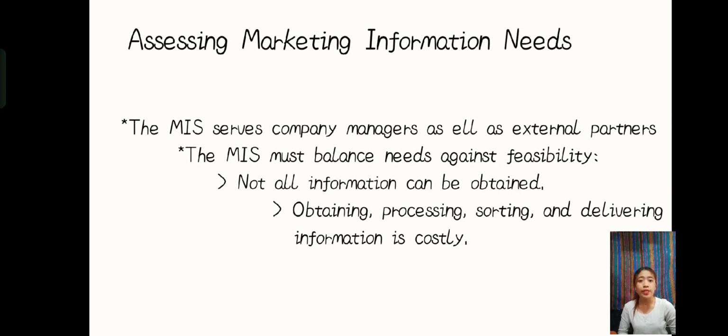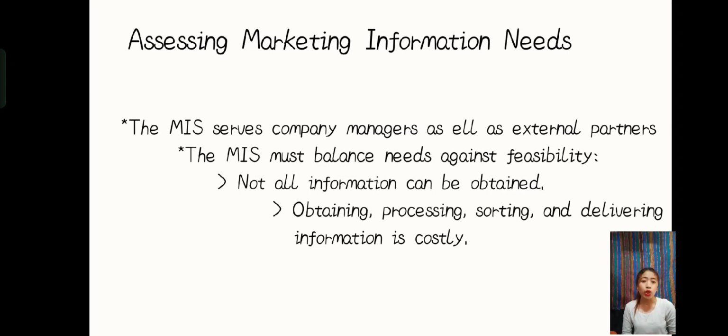Ikaapat, assess the feasibility. After prioritizing the information needs, the feasibility of obtaining the information should be assessed. This involves evaluating the cost and time required to obtain, process, sort, and deliver the information. Next is develop the MIS. Finally, based on the prioritized information needs and feasibility assessment, the MIS can be developed to support the organization's marketing